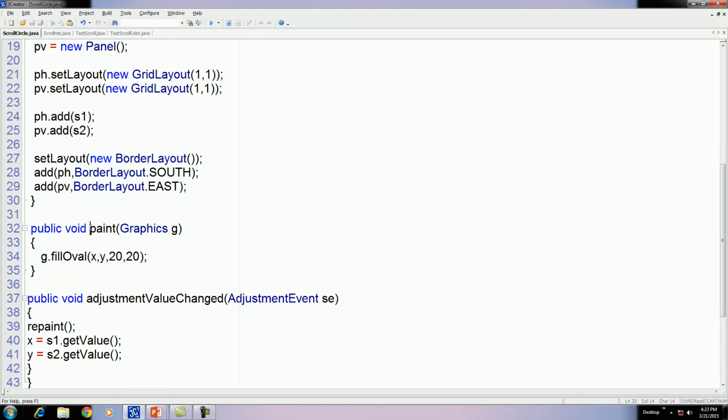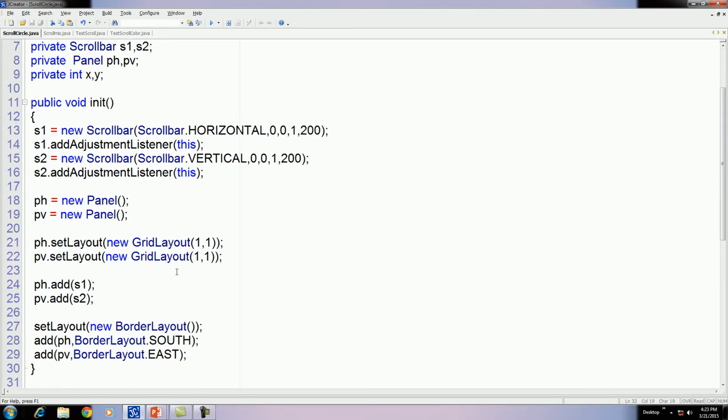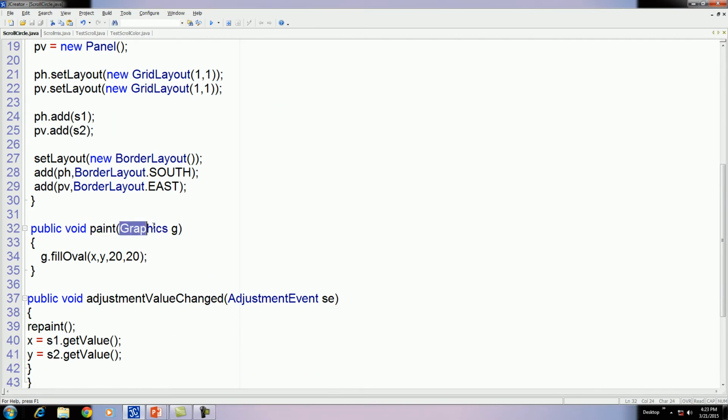And now for the graphics, for the circle, we have the paint method. This method is from the AWT package. Okay, pass the Graphics object g and call the fillOval method. If the height and width are the same, then the oval looks like a circle. The fillOval method takes the value of x, that is the x axis, y, that is the y axis, a single point, and then the height and width of the oval.